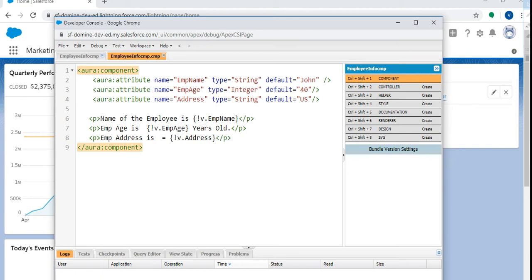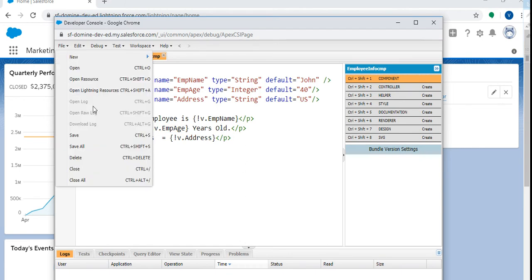I'm passing some default values, John, age 40, address US. Here I'm accessing them by using the expressions: v dot employee name, v dot employee age, and v dot employee address. This is my component. Now I will open the application.